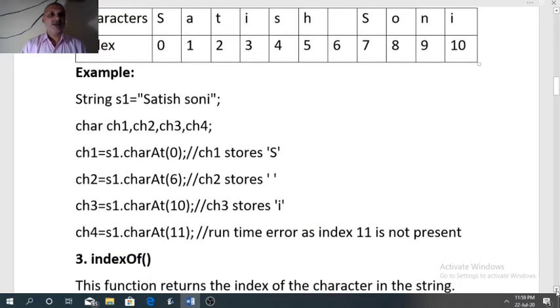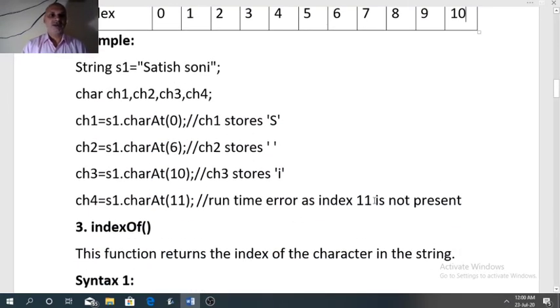Now we will see an example of the charAt function. S1 stores Satish Soni, which has 11 characters. ch1, ch2, ch3, ch4: four character type variables are declared that will store the characters present at different indexes.